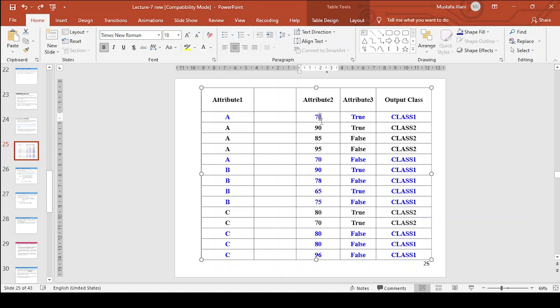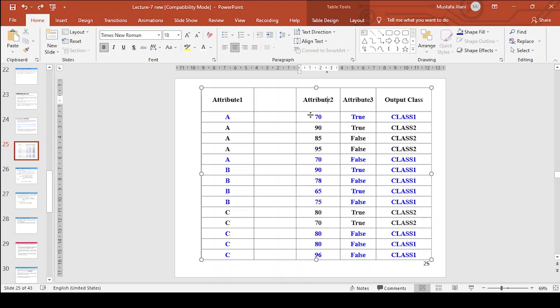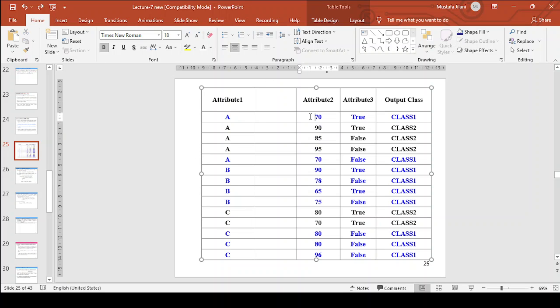The major issue, which is the computational complexity of C4.5, is that it can also classify numerical data. For example, if it tries to do a binary split, like how many class 1 are less than 70, how many class 1 are more than 70, then the second value maybe 75, how many observations are less than 75, how many more than 75. Sorry, I skipped 65, so how many observations are less than 65 or more than 65, and so on.